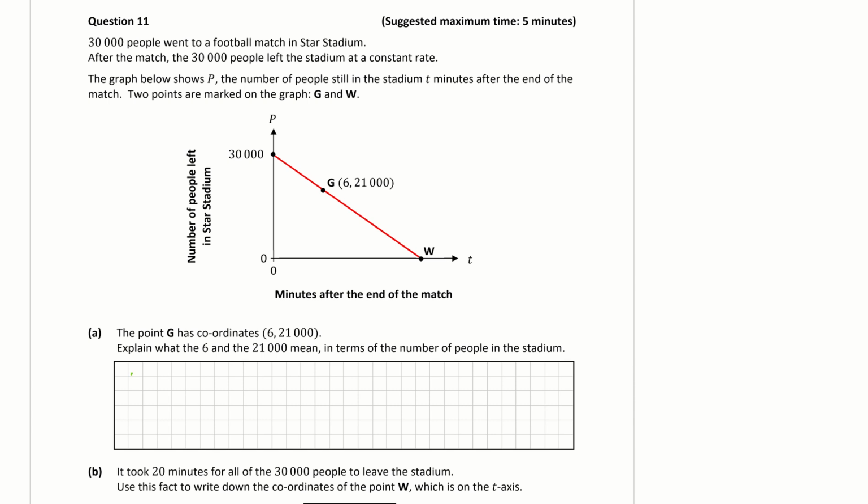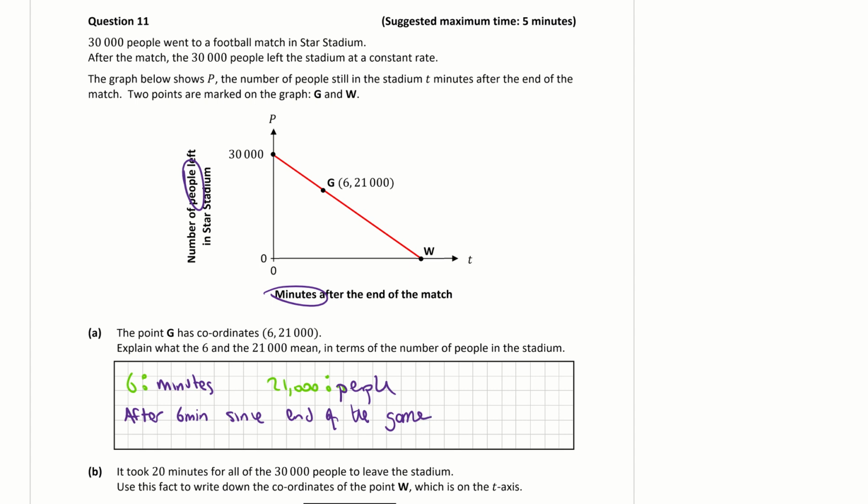So let's first of all focus in on the 6. What does this mean? The 6 stands for minutes, and the 21,000 is standing for people. Okay, so the graph is given down the bottom here in minutes, and on the side here people. So let's put that into a bit of text for a second. So what's happening here? So after 6 minutes, since the end of the game,